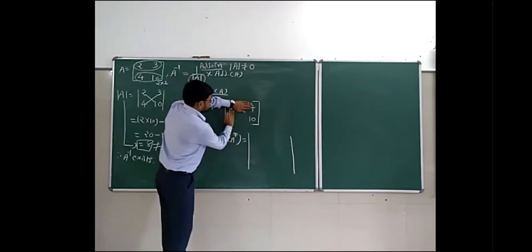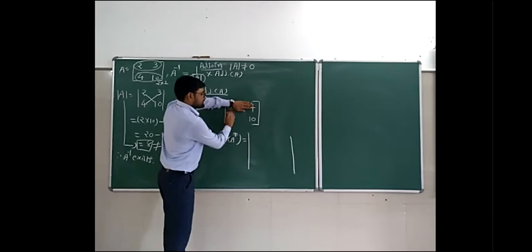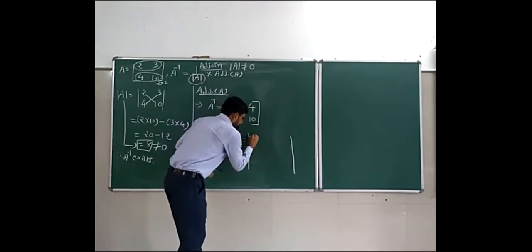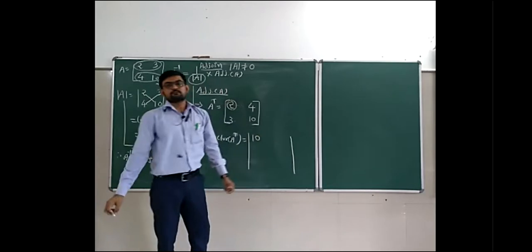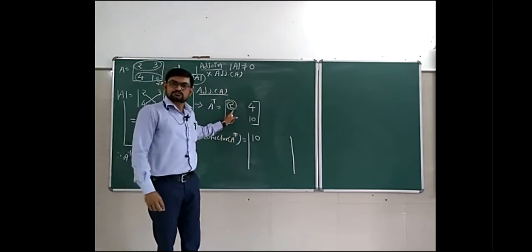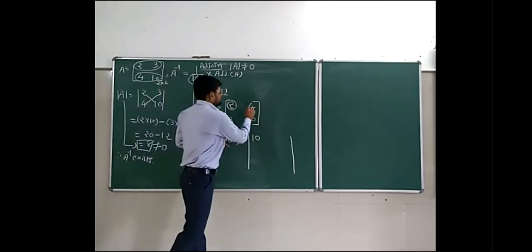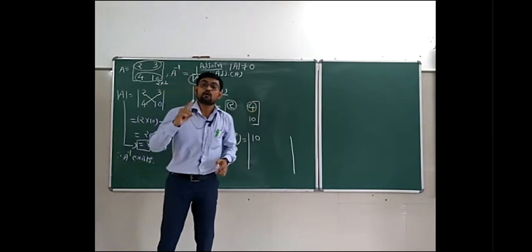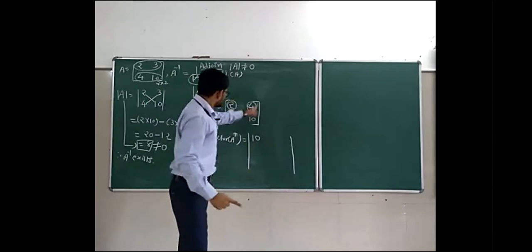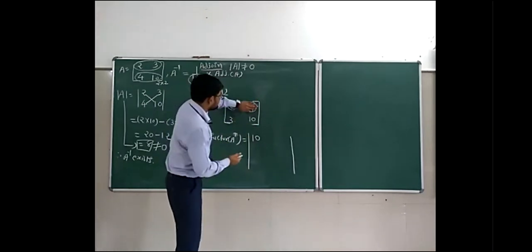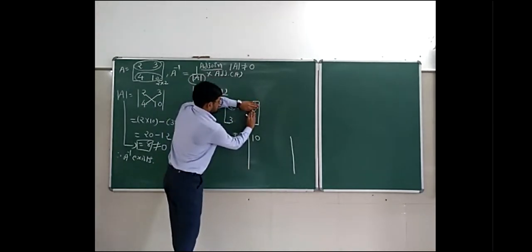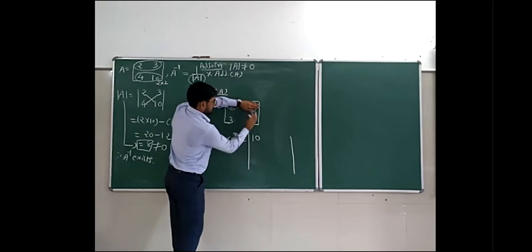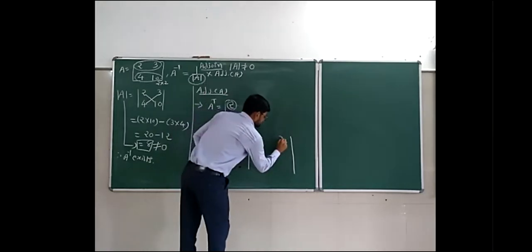Again we have to cancel the first column. So what is the remaining element? 10. So this is our cofactor for first row, first column. Now we'll find the cofactor for first row, second column. So just hide this first row and second column. So the remaining element is now 3. So we'll write here 3.